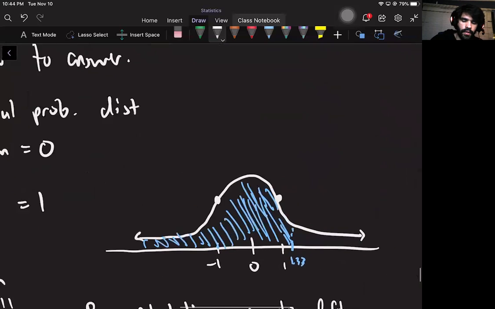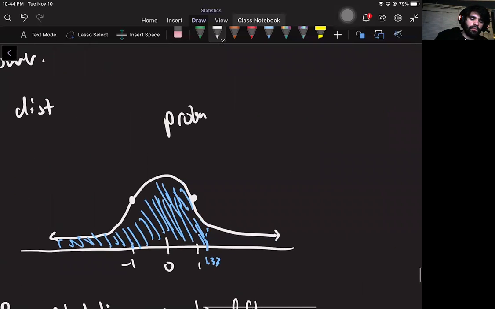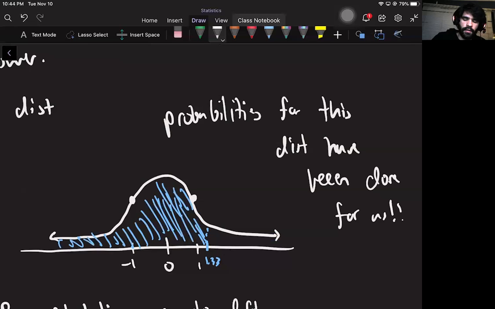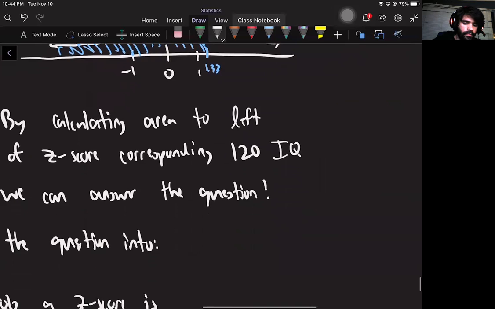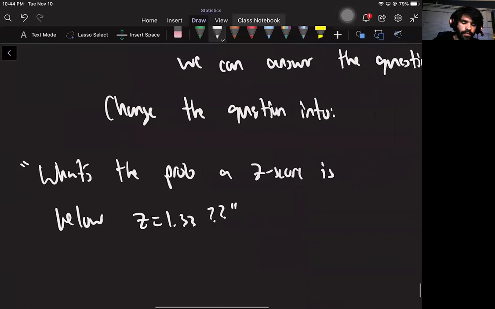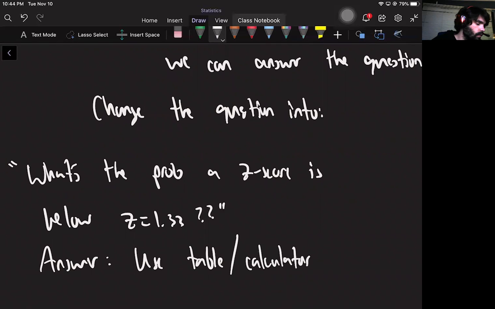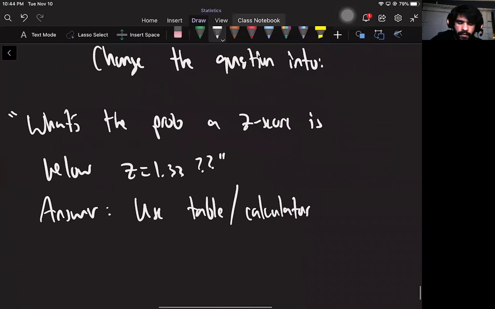So then the idea is that probabilities for this distribution have been done for us. I don't have to calculate anything. I just have to use a table or a calculator to answer this question. So use a table, which you can Google for, or a calculator that does this type of thing, which you can also Google for, and I will link it at some point on Moodle